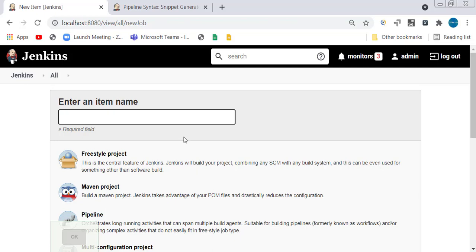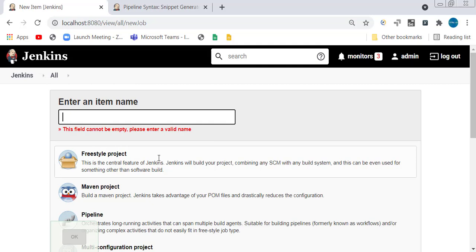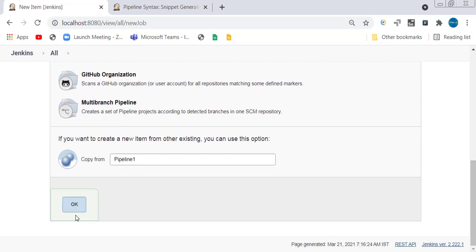Now you don't need to do anything. You just scroll down. You put copy from pipeline 1. You put here pipeline 1, but the name should be pipeline 2. What is this? This is nothing but you're copying a job configuration to another job, right? Suppose for example, we already know in Eclipse, right? When you try to copy paste the same program, it will ask you to replace the name of the program, but the content will be same. The content will be same here. No change. I'll say okay.